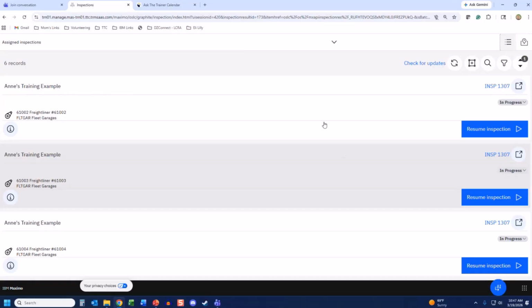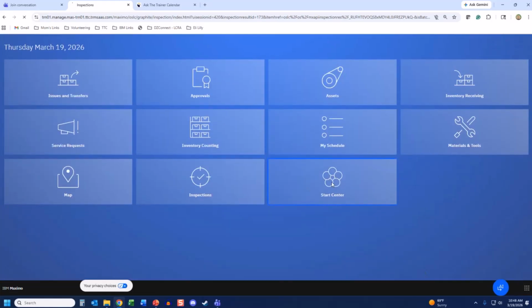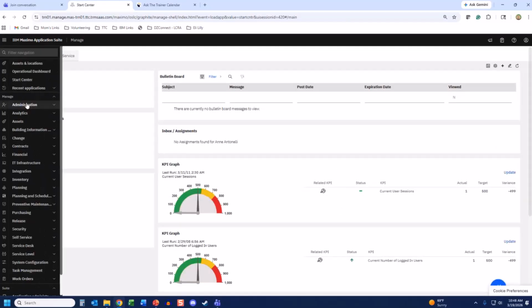So I am going to navigate back to manage outside of my role-based applications. This is referred to as batch inspections. And it took a lot of asking questions, posting them out on moremaximo.com, posting it out on Tech Exchange, reading tons of articles for me to actually figure out how this worked. And then to actually see it in 7.6, a variation of it works, but it is cooler, nicer here in